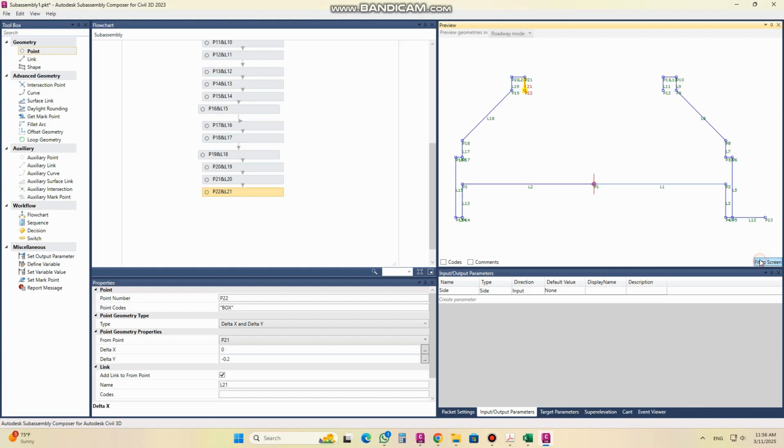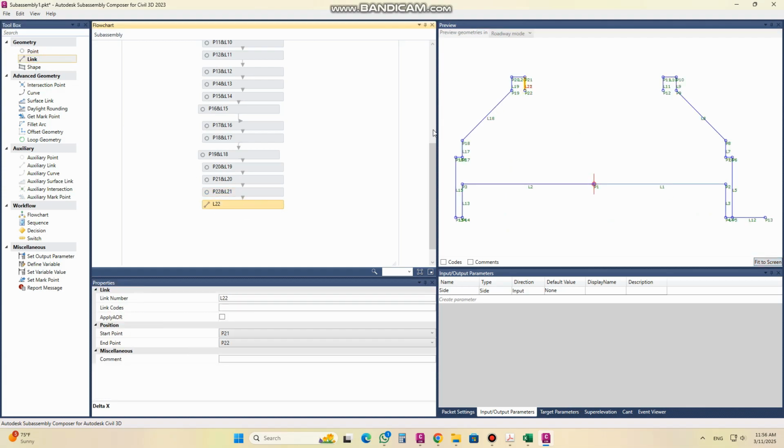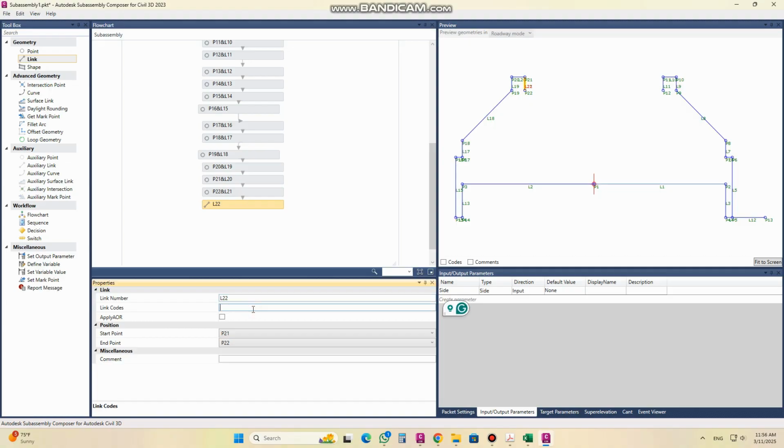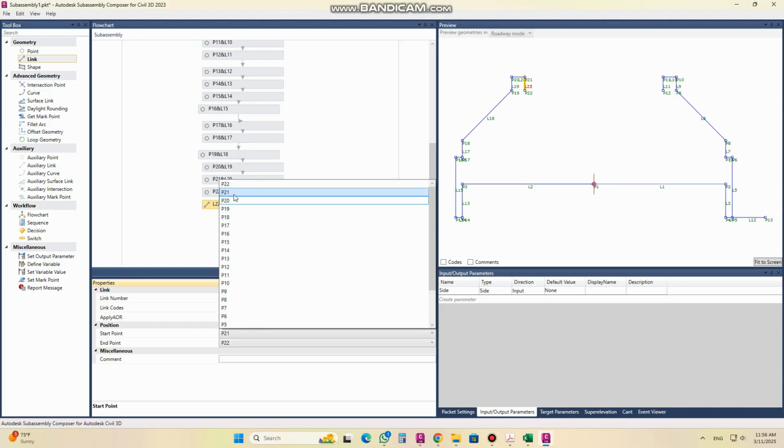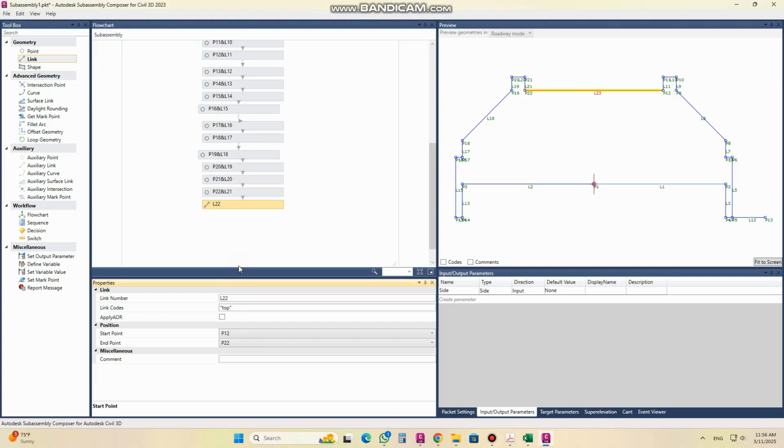And now, as you can see, we will put a link between point number 22 and point number 12. And as it is connected,